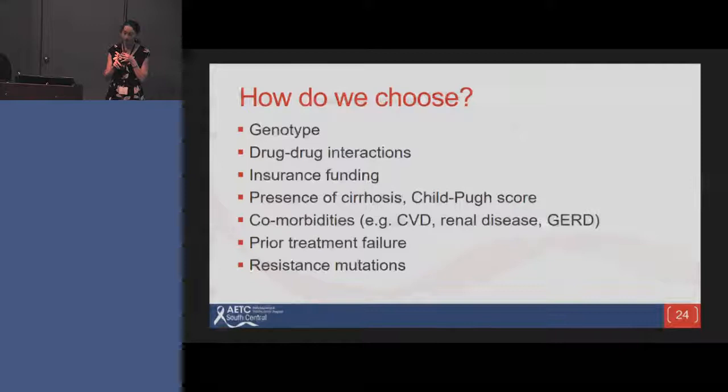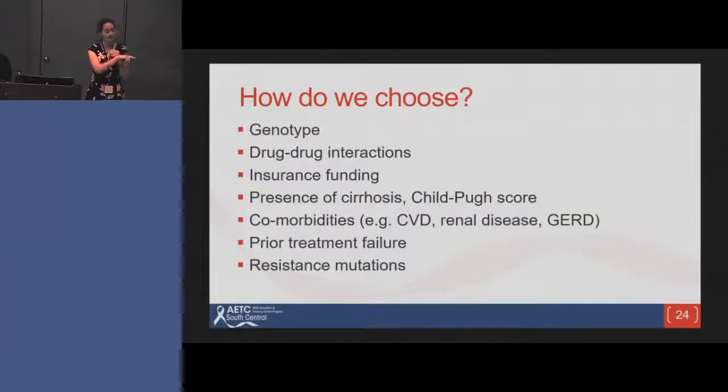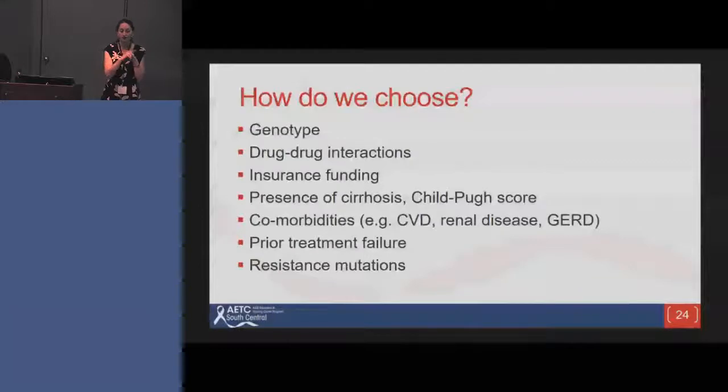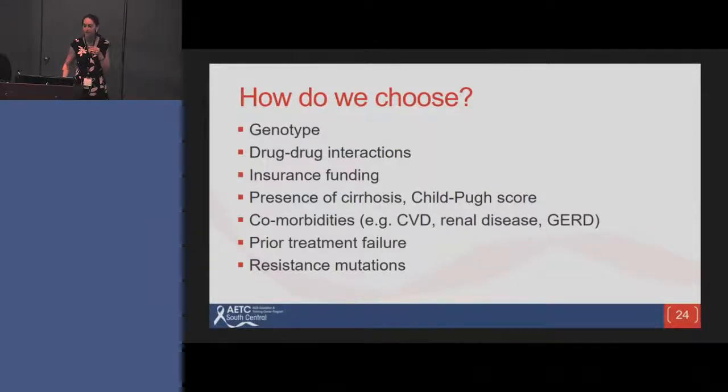Also, treatment experience influences duration of treatment. Comorbidities like cardiovascular disease or renal disease matter too. One of those drugs, grazoprevir and elbasvir, is the only one that's approved for people with end-stage renal disease, so that was a big advancement. And resistance mutations are